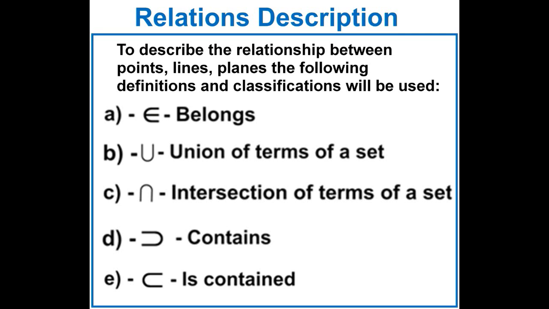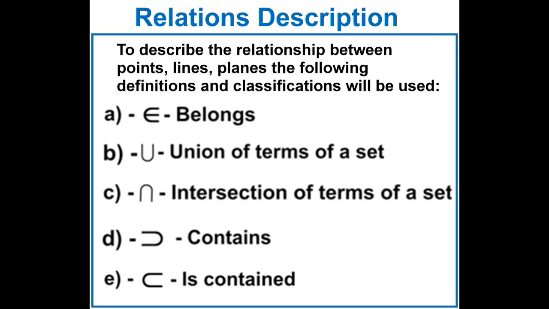In this second slide, I present some conventional signals used to define the typical relations of mathematics. So you have that the epsilon sign represents the concept of belonging. We use, for example, the expression that an element belongs to the set M. The capital letter U represents the union of 2 sets, the union of 2 figures, and so on. The inverted U letter represents the intersection, which is the part that is common to 2 overlapping sets or 2